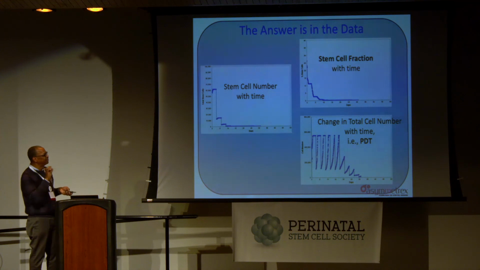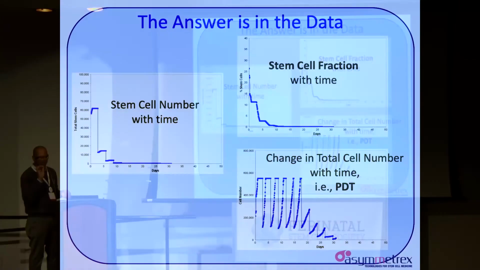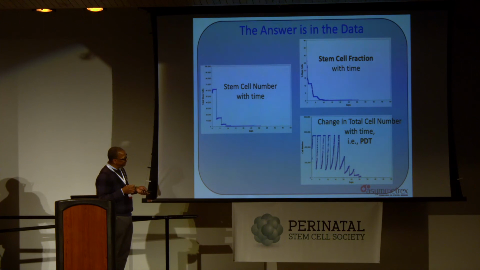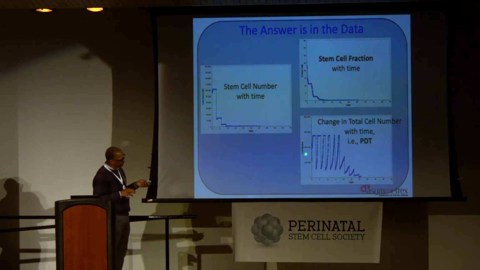This is the change in total cell number over time. This is the computer simulation. But I just want to tell you, the computer is simulating something that we actually measure. So think about what a serial culture is like. You put cells in culture, they grow. In this case here, in the early phases, they fill up the dish, they can't grow anymore, so they stop